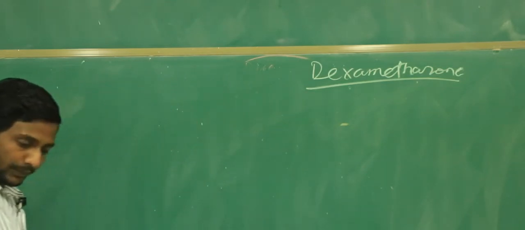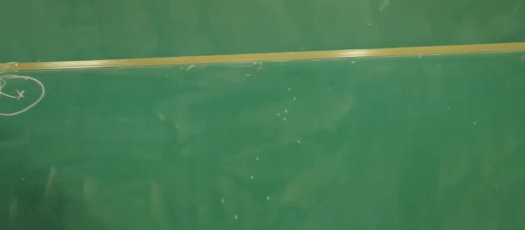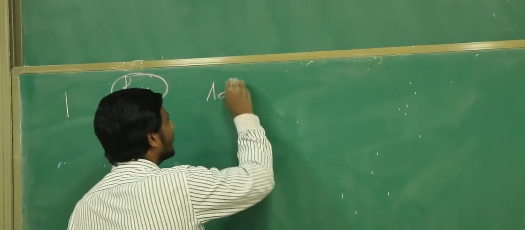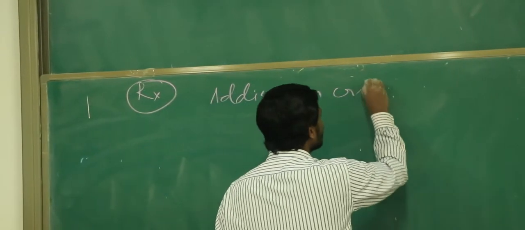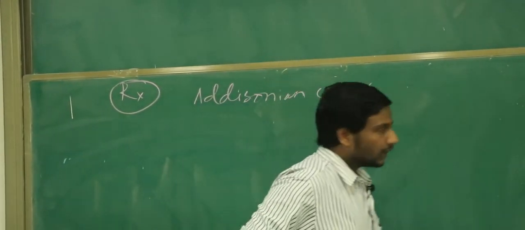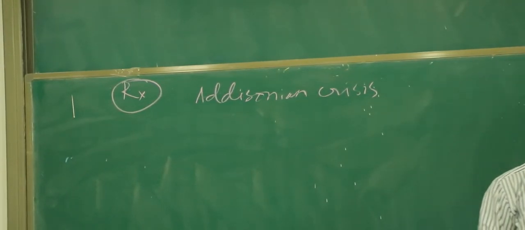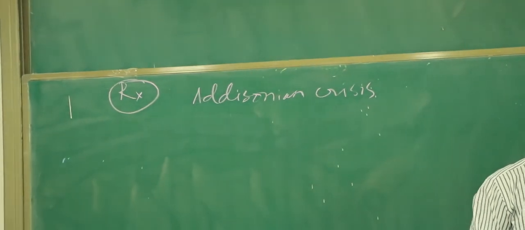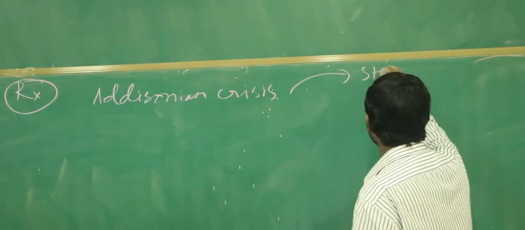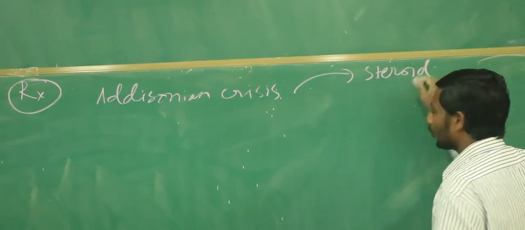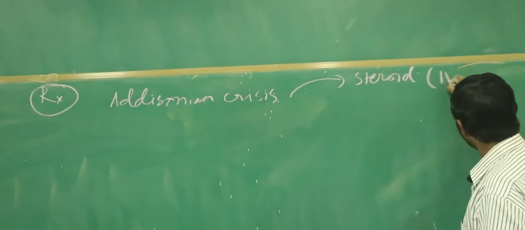Okay, so now very quickly, let's go for the treatment of Addison disease. So first of all, let's begin with the Addison crisis or the adrenal crisis. What do you think? What is the most important treatment for the Addison crisis? A patient came to you and he is about to die. What should you be giving him first? Right, the most important treatment is going to be steroid. Are you going to give it in the oral form or the IV or IM form? Right, so you are going to give him either IV or IM.